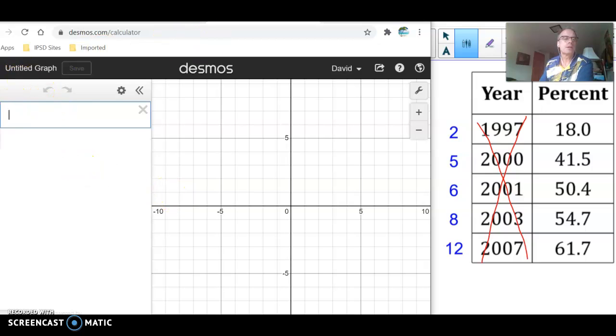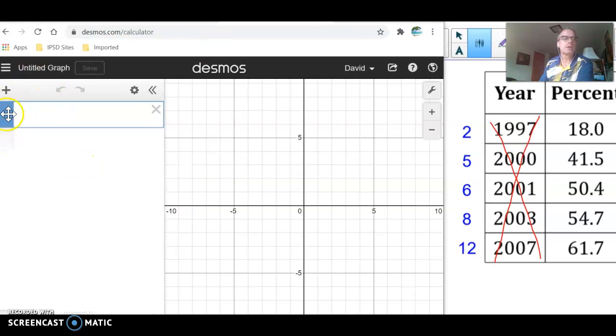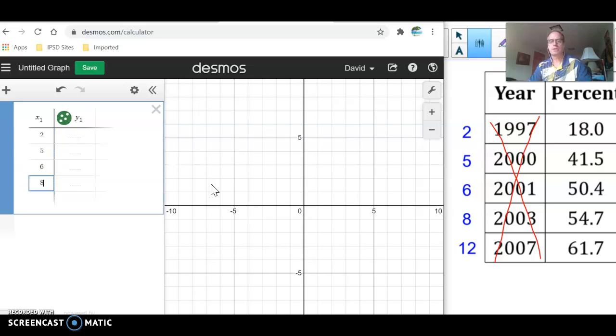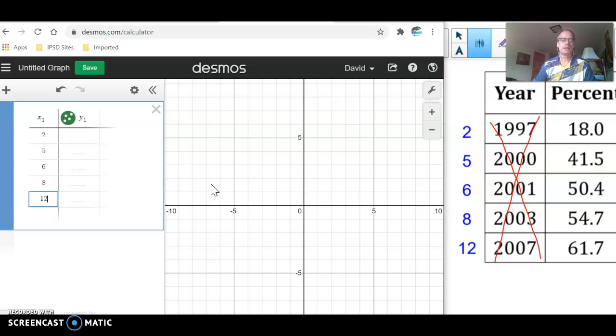So the next thing I need to do is click on this button here. I want to add a table. And you can see that I've got my table up from yesterday. So all I'm going to do is say 2, 5, 6, 8, and 12. And then I'm going to go over here and enter the 18,